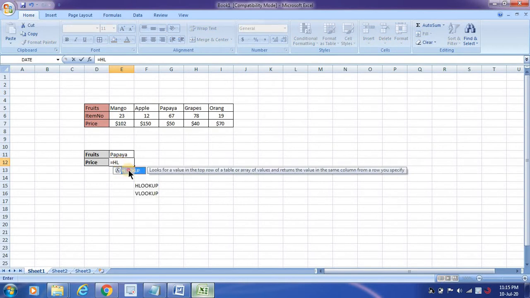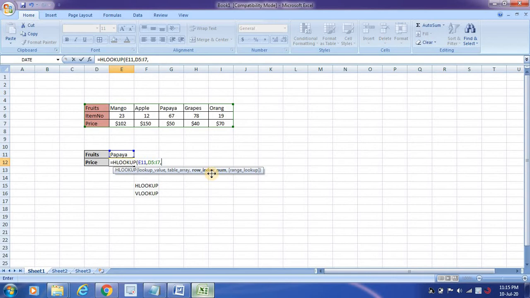So if you write HLOOKUP and then the lookup value, I want to look up the fruit value, and comma, the table array. What table do I need to pick? I need to pick this entire table. Select the entire table, comma, row index. See the difference? In VLOOKUP you have a column index, here you have a row index.